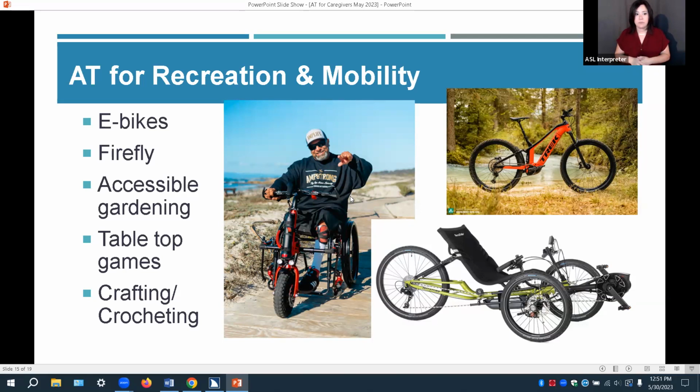And then we have accessible gardening as a bullet point here. I know Sarah made mention to the bench. We have all kinds of tools in our inventory that are available for people to try. And even indoor gardening, we have a couple of different indoor gardening options if people want to try those out. Different sprayers, hose nozzles, different rakes. We have all kinds of stuff